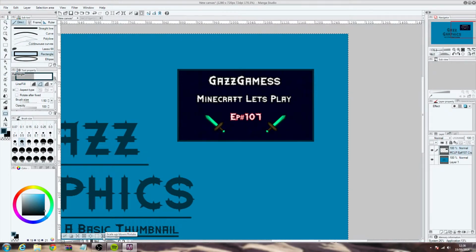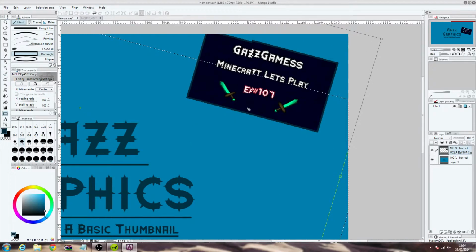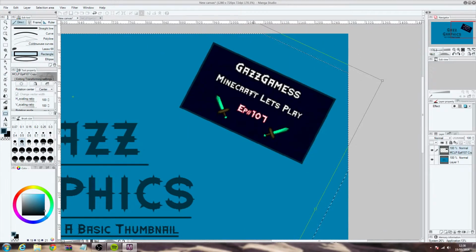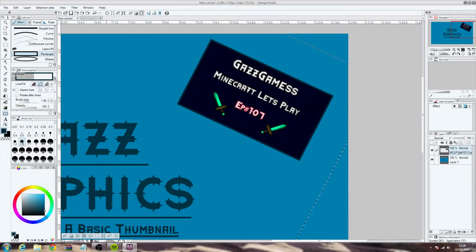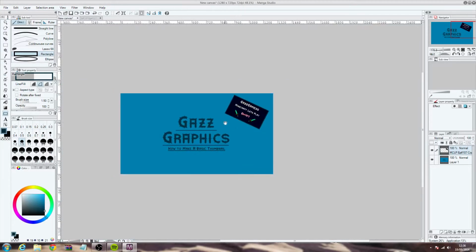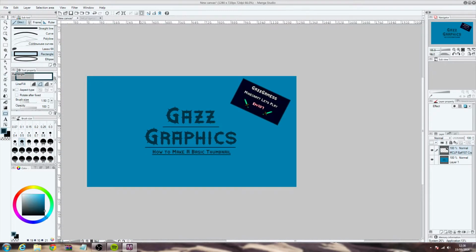And then if you're using Manga Studio, you can go to this. If you're using Photoshop, I'm not too sure, because I do not use Photoshop. And then you can just rotate it, which makes it a lot easier. Like that. So then you can zoom out and you can see you've got a thumbnail here, and I want something to